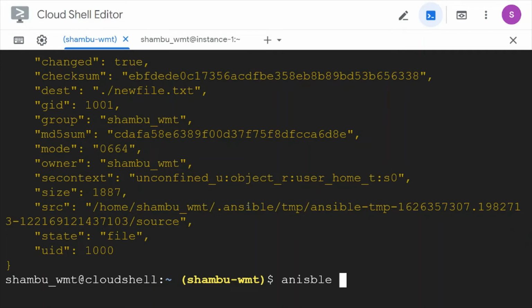Ansible, okay, this is a little slow. The module is, what module are we giving? File. And what options do I want to give here?